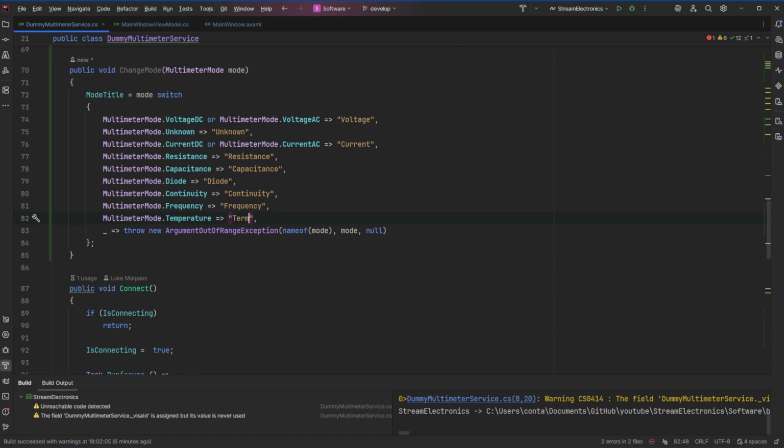Temperature. And for now, we'll leave the throw in. Well, we don't want to throw. There's no need to throw. We'll just do another unknown if it is unknown. That's the same we then want for the,